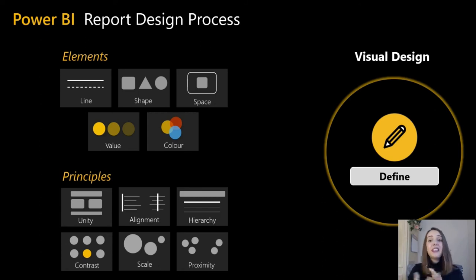You probably heard someone saying, "Oh my God, this report looks terrible. How can I make it better?" When you hear this, people are usually not talking about the numbers or the data that you're displaying, right? Use the elements and the principles that I'm showing here in this slide and ensure your report looks good and conforms to any branding guidelines that you might have in your company.